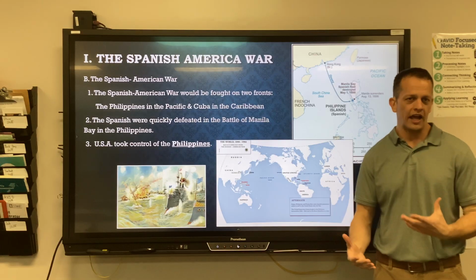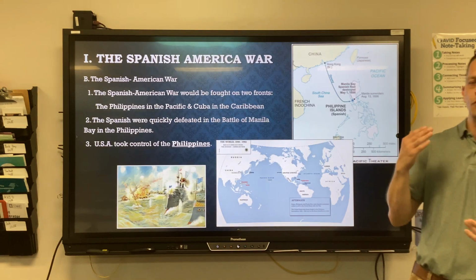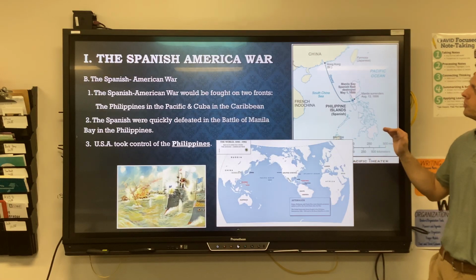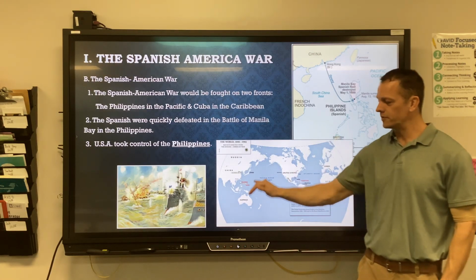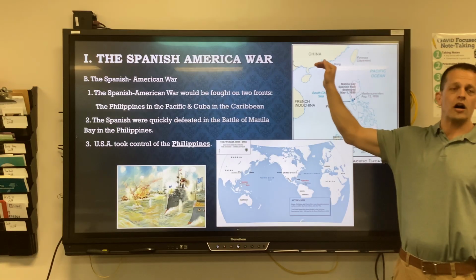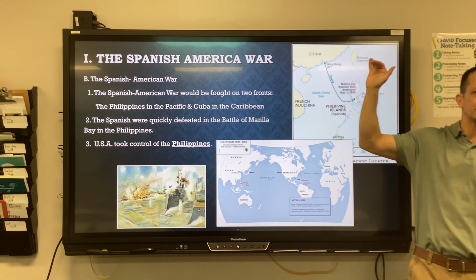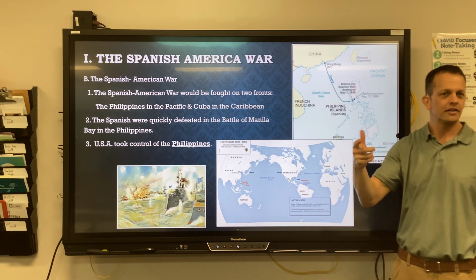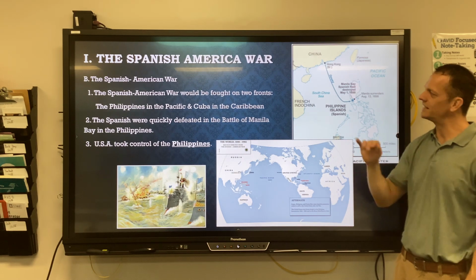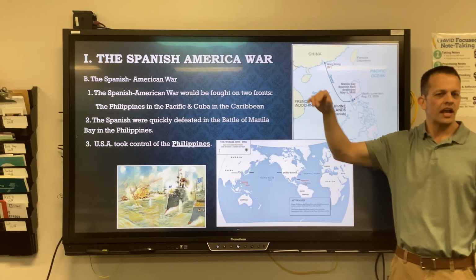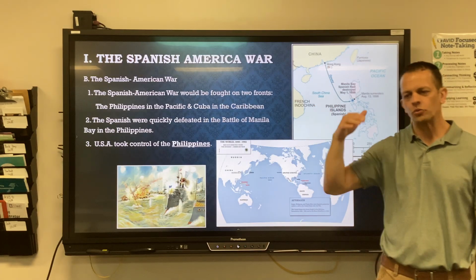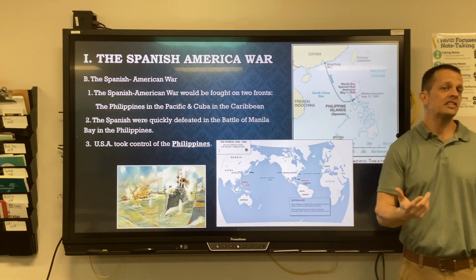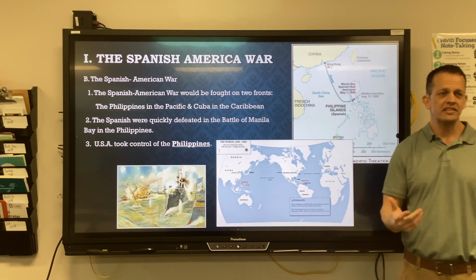He knew this war was going to happen. He was worried about it. He said, hey, if we do this, we have to be able to attack the Philippines. A month prior to this, Teddy Roosevelt moved a lot of the U.S. Navy from the Pacific Ocean over to Hong Kong, using the British base. The British had control of Hong Kong all the way up to 1998. They finally gave it up in 1998. But back then they just had a base there. Teddy Roosevelt has an agreement with the British. We're going to rent part of the base, keep some U.S. ships right there. And so the minute we get this declaration of war, the Navy sends a signal and they